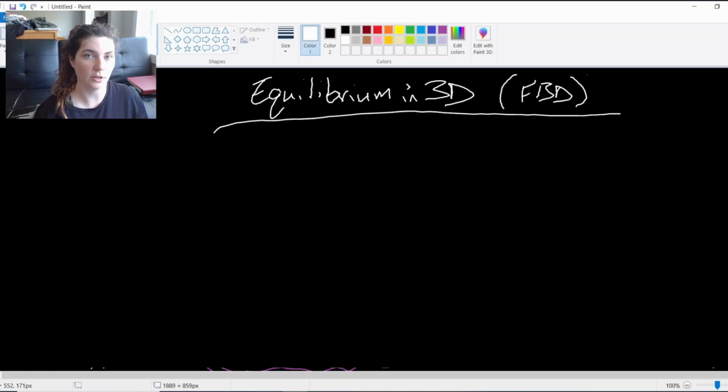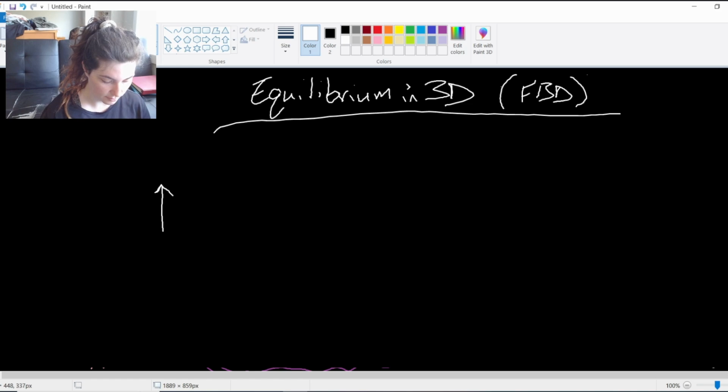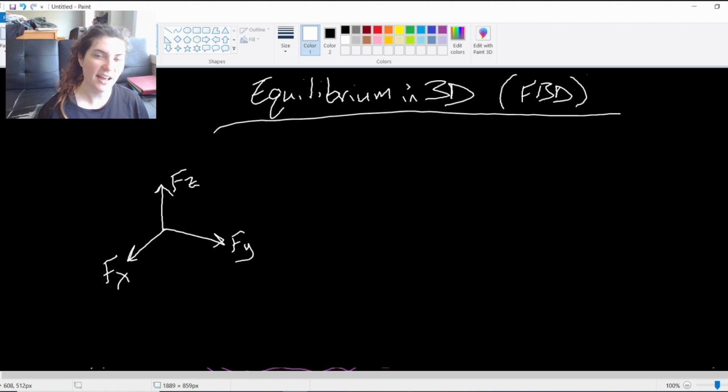So far, we've been working in equilibrium in 2D with our rigid bodies, but we can also work in a 3D space. Now, the thing with this is that there are now 6 degrees of freedom when we work in a 3D space. So in our 3D space, we have our force in the Z direction, force in the X direction, force in the Y direction, and then we also have these moments about each of these axes,